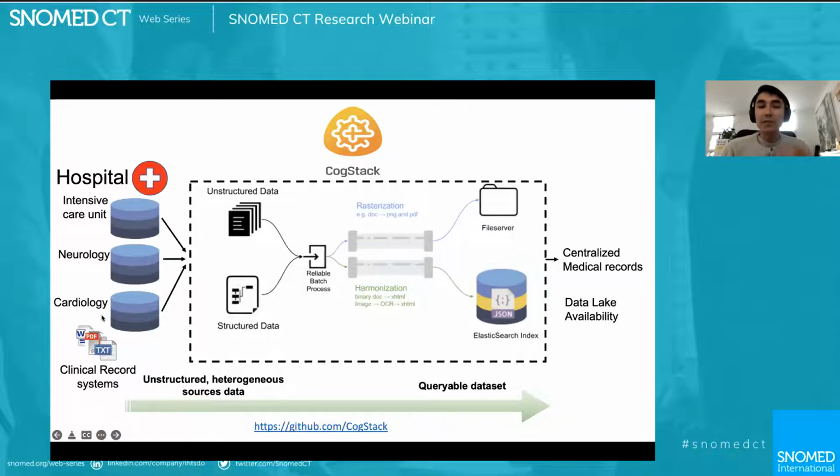Each department may have a single database. Some may store it directly in a SQL database, some contain documents in different file types, or even scanned images. Amongst the South London hospitals that I work at, there's a tool called CogStack,